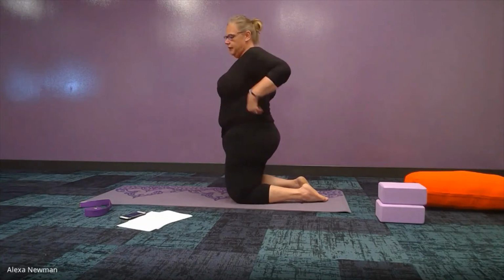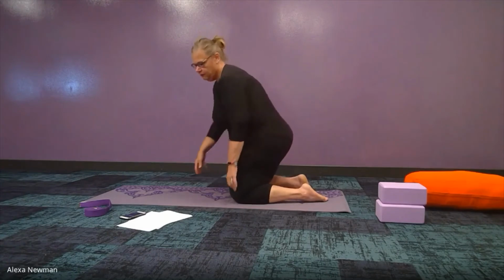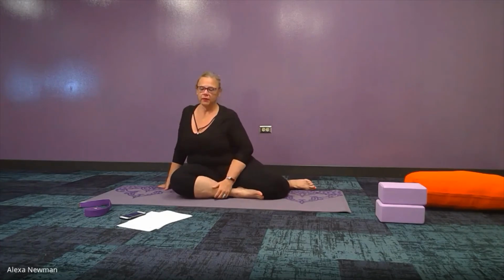I started to tell you about the benefits of twisting and why it's important for us both on a muscular level, but also on the level of our organs. And it's because our body is filled with connective tissues. We have fascia, or fascia, it's pronounced a couple different ways,